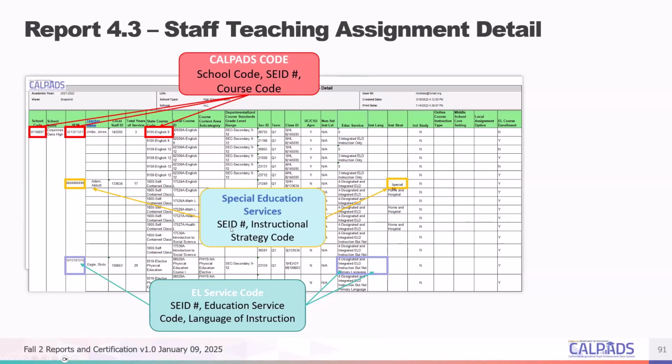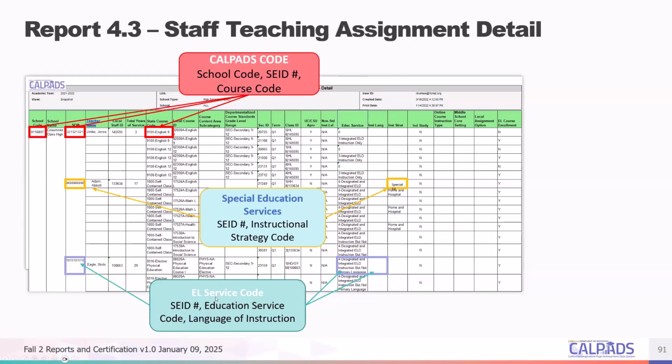For special education services, you have that SEID for the staff member, and you want to make sure they're authorized to teach special education. Remember, if 700 is the instructional strategy for special education, we're not looking at the course code and the content of the course anymore. We're looking to see if that staff member is authorized to provide special education services and instruction.